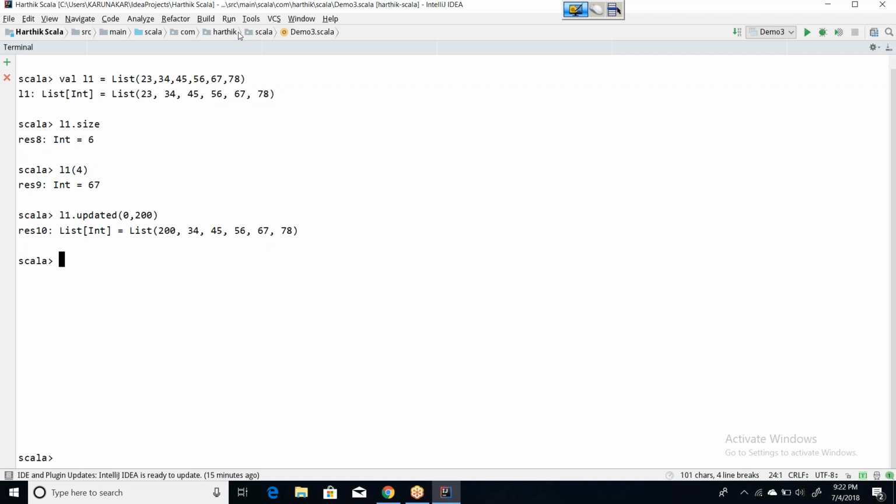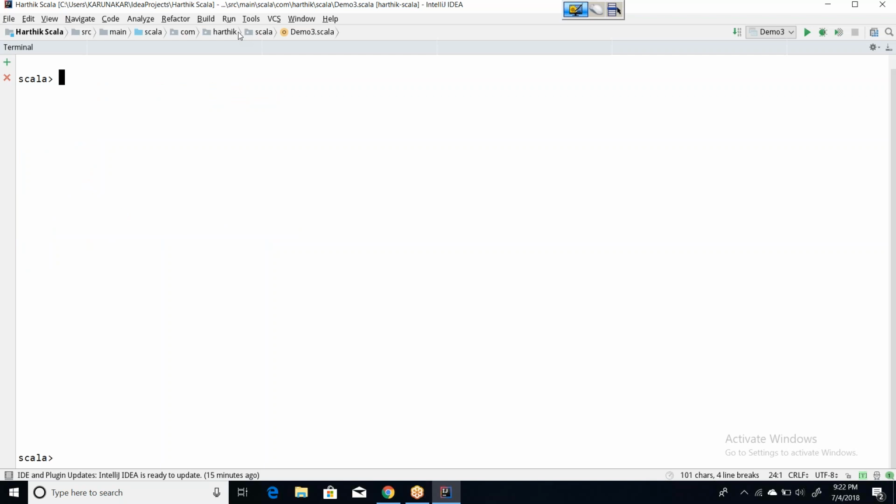Fine. Let me show you one more collection here, that is called a map. Now I'm trying to show you the collections that are used most frequently in our programming. Remember that. So next I go with map. Just now I have created L1, right? Val L1, this is what we have created. If I want to specify to which class